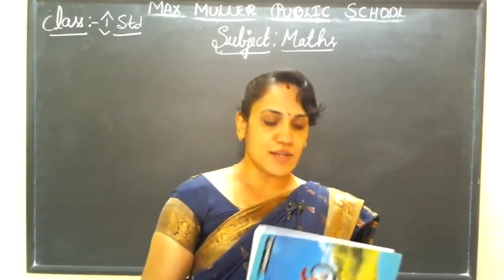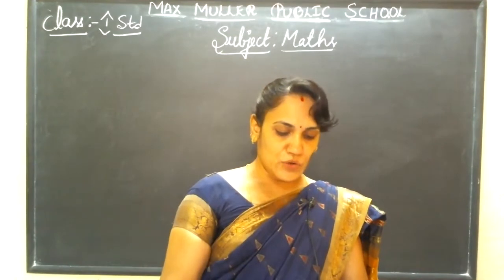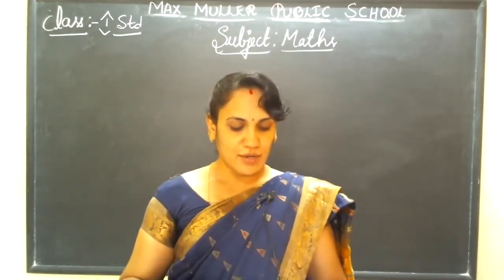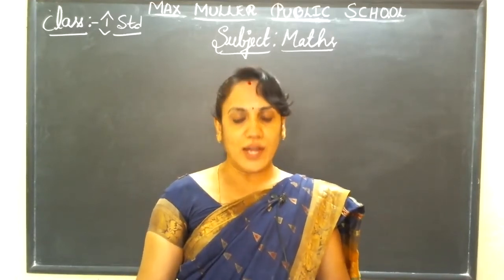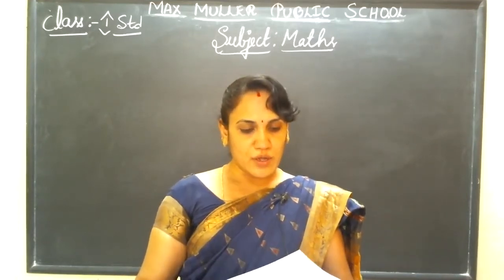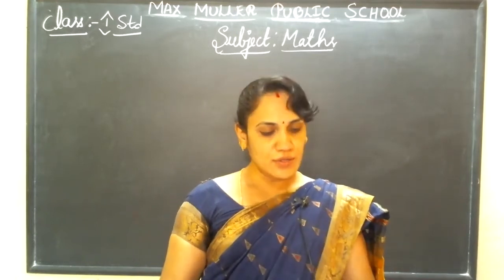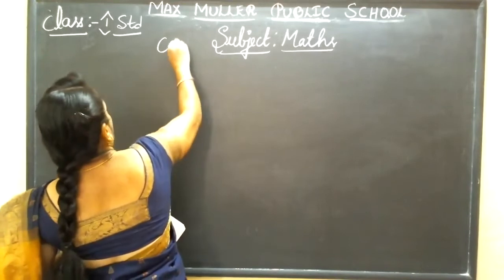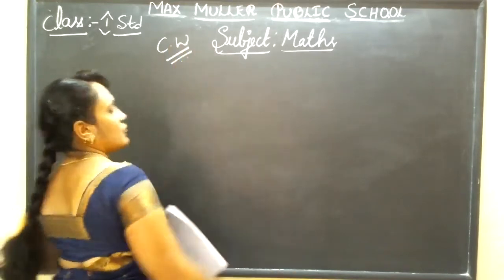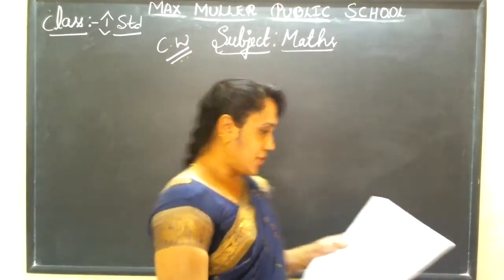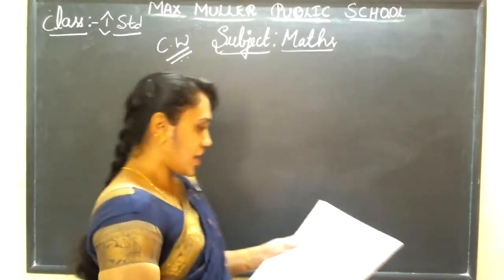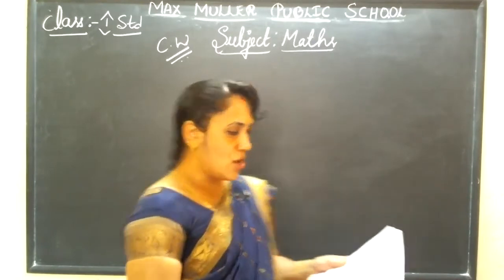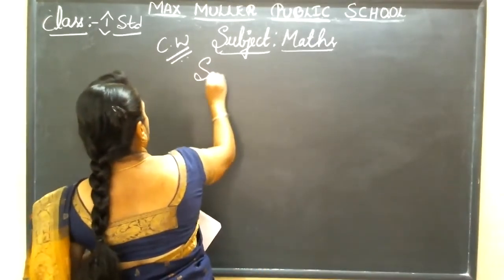So in the previous class, we wrote in the classwork shapes, straight lines, curved lines and plane shapes. All I explained and gave to write, isn't it? So we'll continue the classwork in today's class. Keep ready the classwork, fresh page. We'll continue with the classwork. In the previous class, I gave about plane shapes. Now keep ready a fresh page in the classwork and write the heading solid shapes.